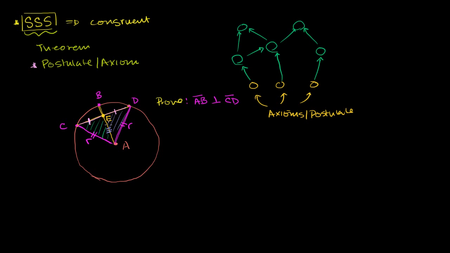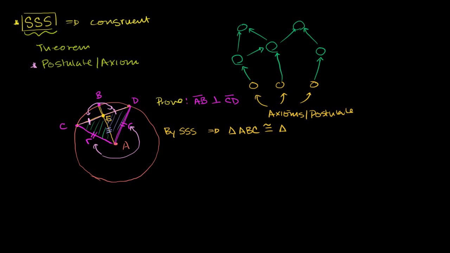And so we see a situation where we have two different triangles that have corresponding sides being equal. This side is equivalent to this side right over here. This side is equal in length to that side over there. And then we have, obviously, AE is equivalent to itself. It's a side on both of them. It's the corresponding side on both of these triangles. And so by side, side, side, we know that triangle